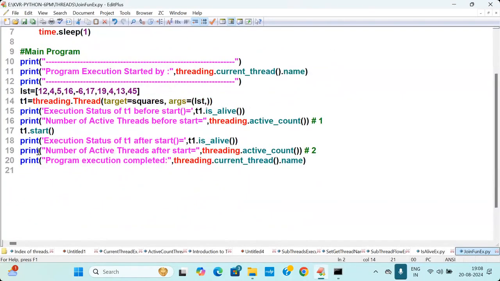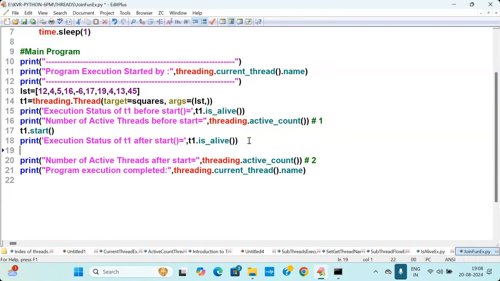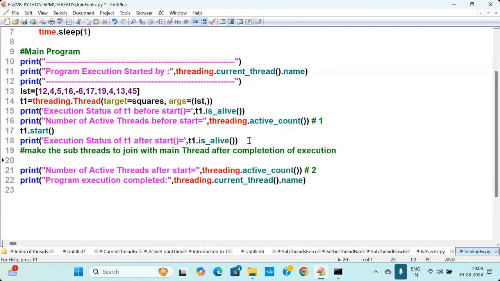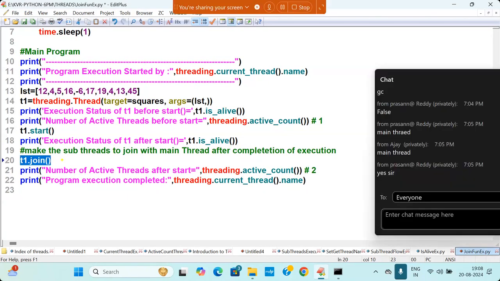Here I am writing. When you want to go for this, after the start, you have to say there, make the subthreads to join. Make the subthreads to join with the main thread after completion of execution. After completion of execution, how do you do that? You have to write subthread dot what? Join. Once you write line number 20, the main thread will be eagerly waiting at the line number 20 until